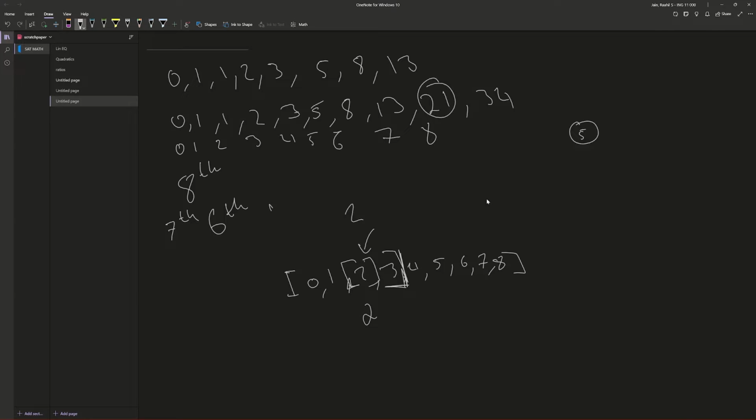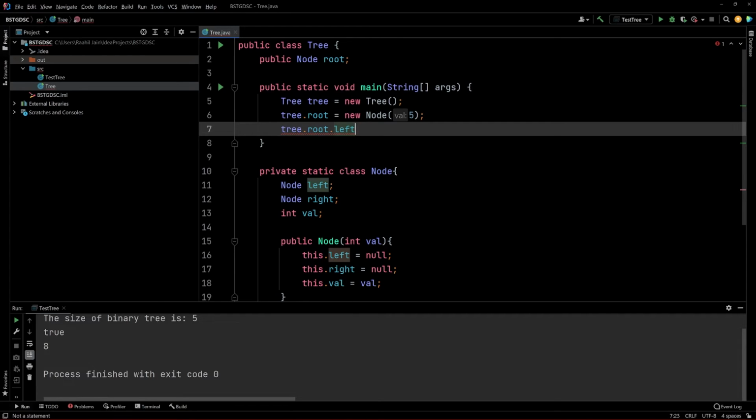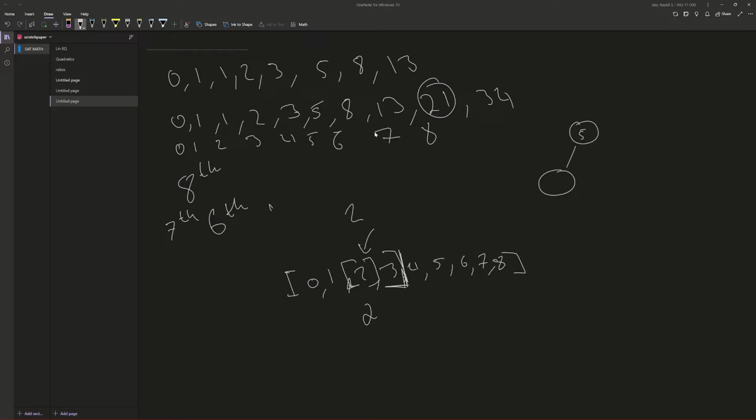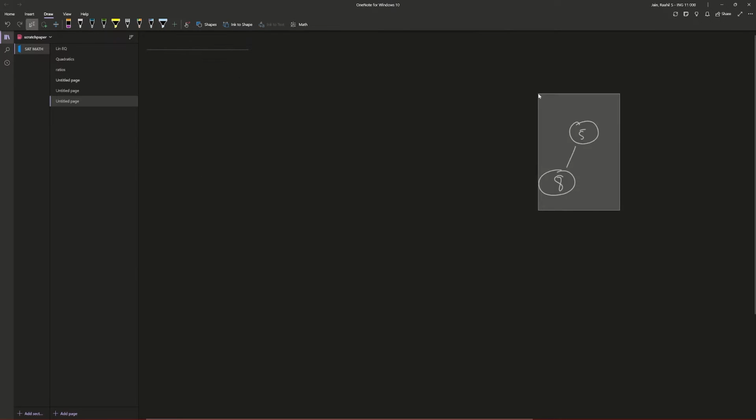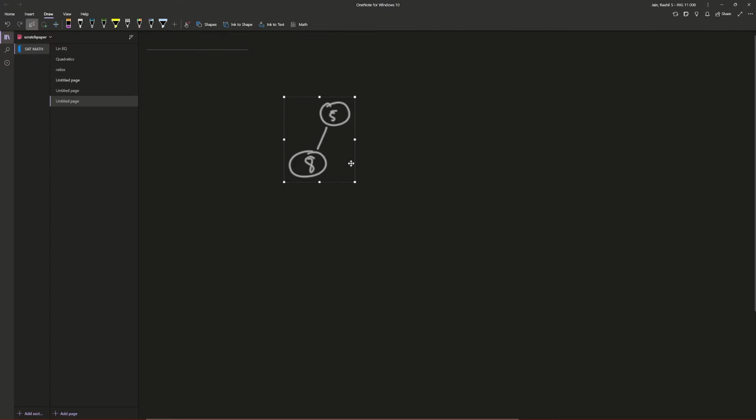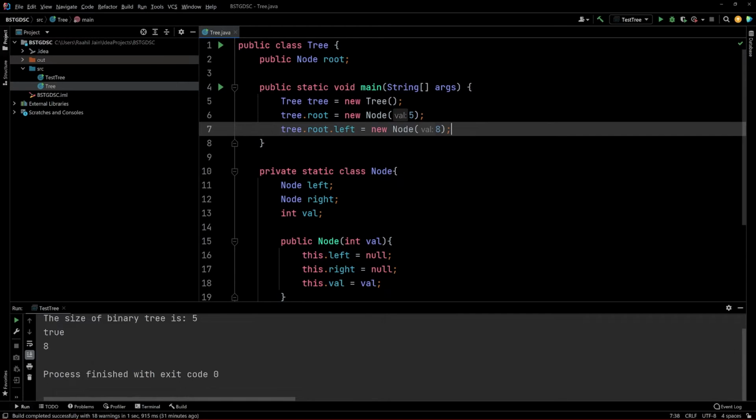It starts with a node of 5, and now I want to look at this left node. Let's fill that in. So I'm saying that that's going to be equal to a new node with a value of 8. So let's put that 8 there, and we can get rid of this other stuff now. Oopsies, I meant to move that, not delete that. Okay, so we have our tree with our node with a value of 8, and then let's add a couple